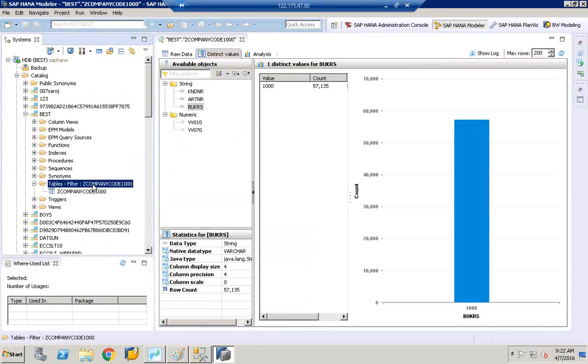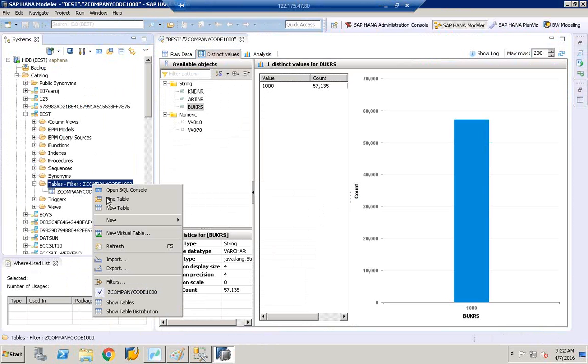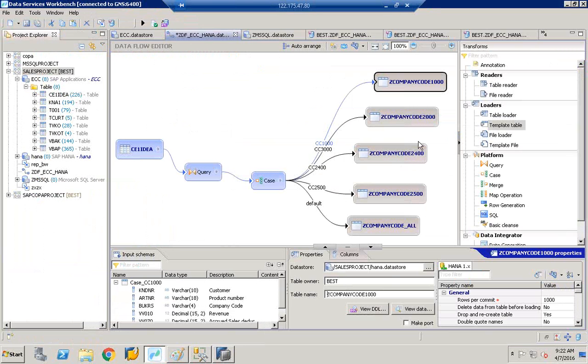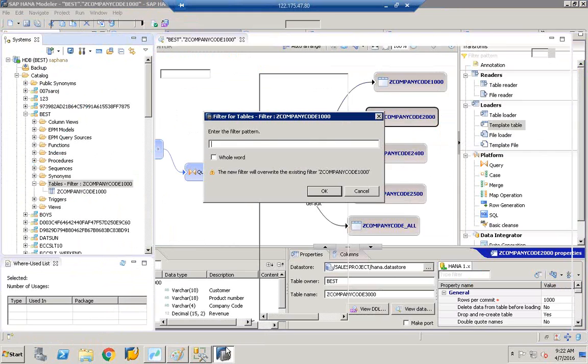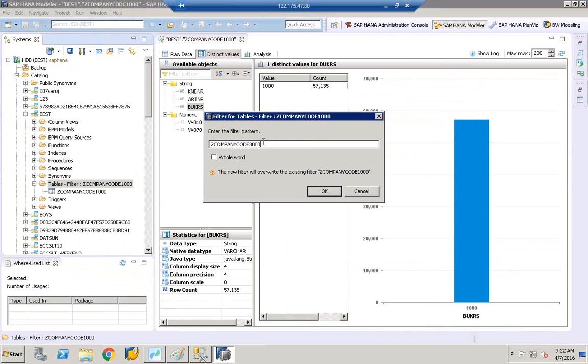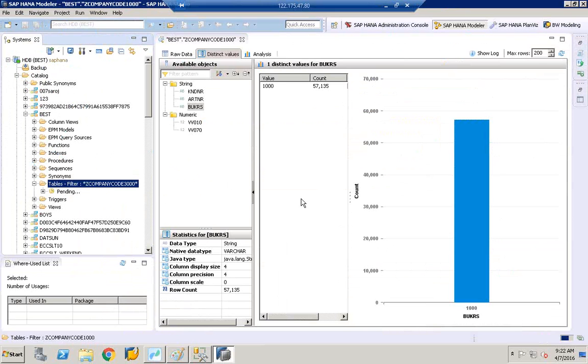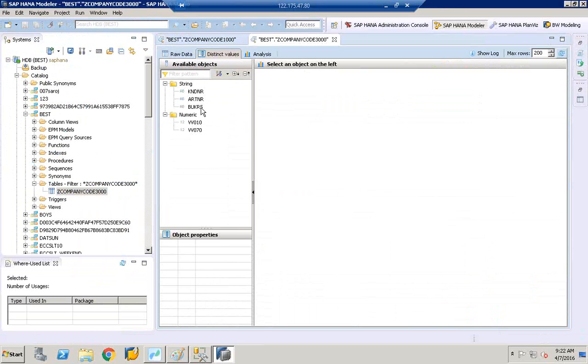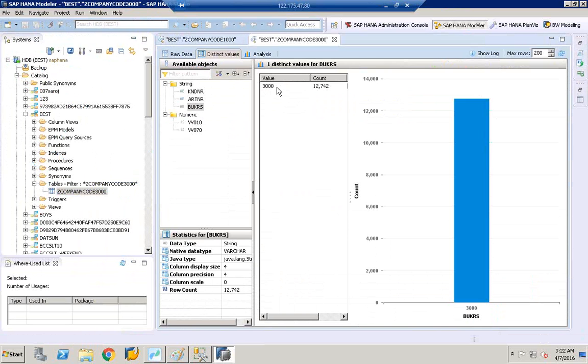Let us check the other tables also. Let us right click on table. Filters. Let us copy the table name. Click OK. Right click on the table. Open data preview. Click on distinct values. Click BUKRS. You see we can only see for 3000. So in the same way,